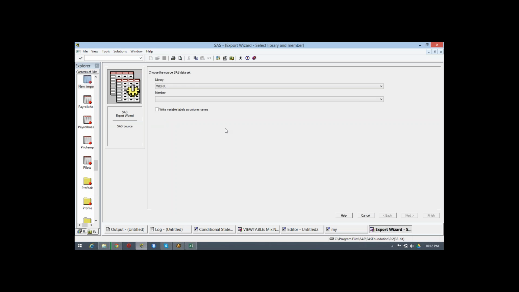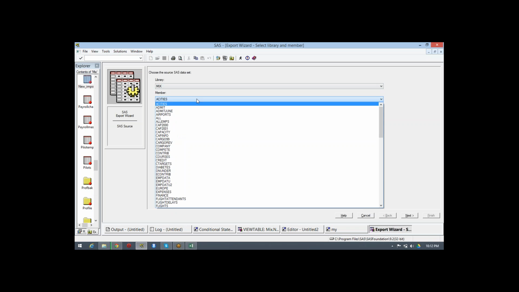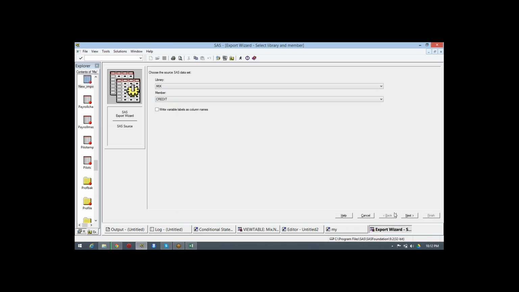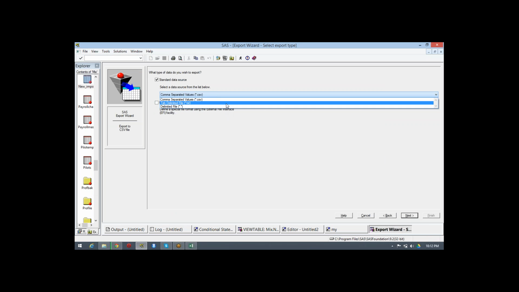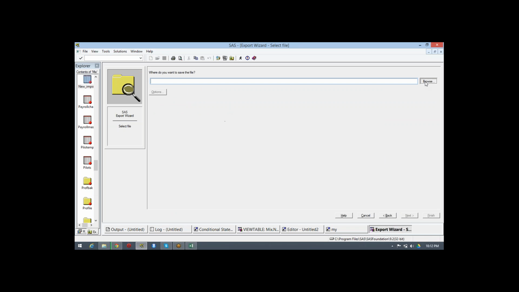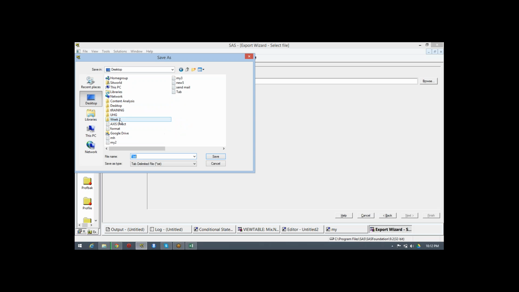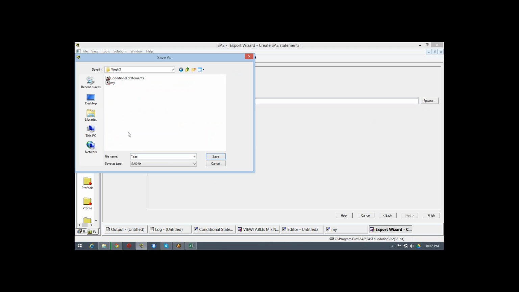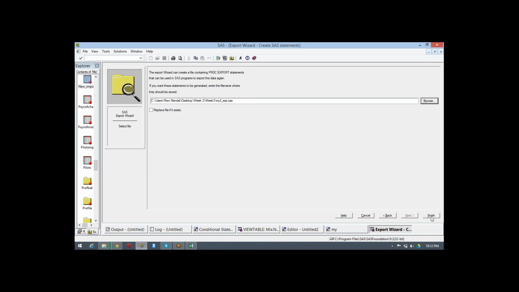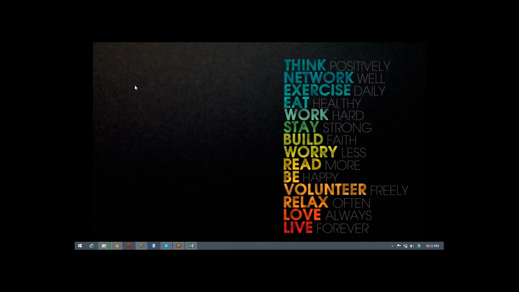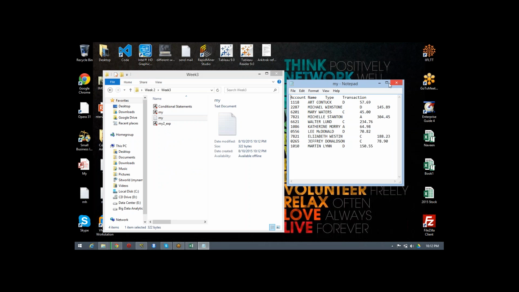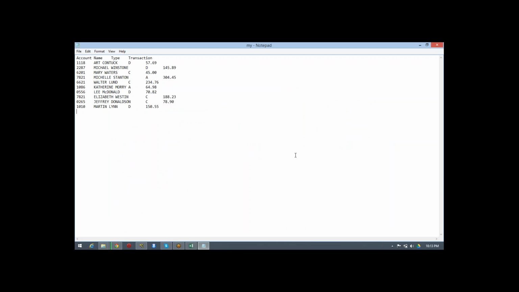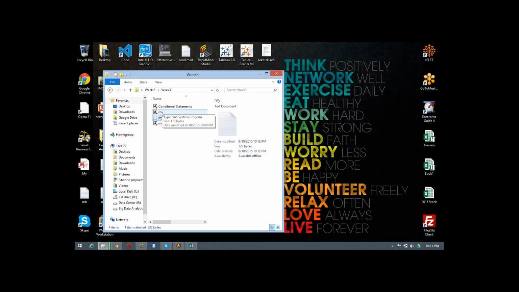If any file exists in your SAS library and you want to export it back, let's suppose in mix I have credit. Only a few names came up.